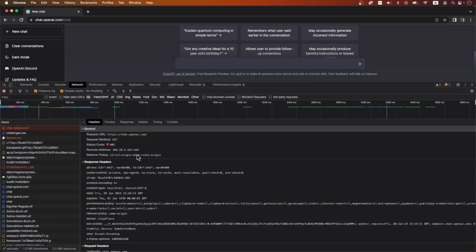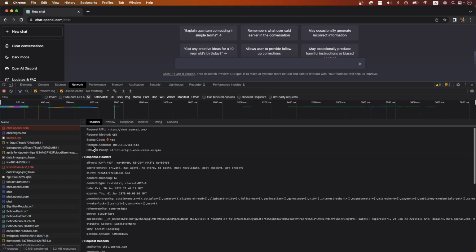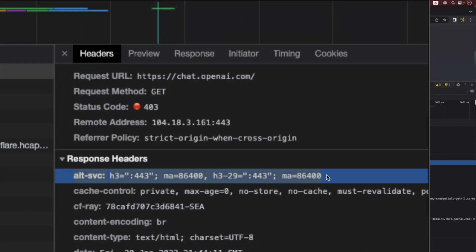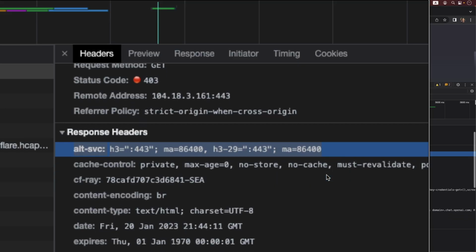But you're also going to learn that they have an alternative service header. They support HTTP 3, and I don't know why my Chrome didn't actually pick HTTP 3. Probably something I did, because I tweaked this. There are so many configurations I made to Chrome that I forgot what I did. So HTTP 3 might have been disabled, or